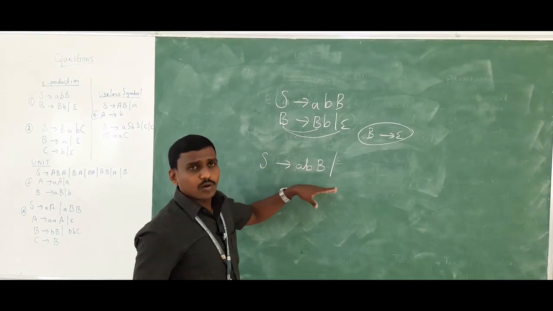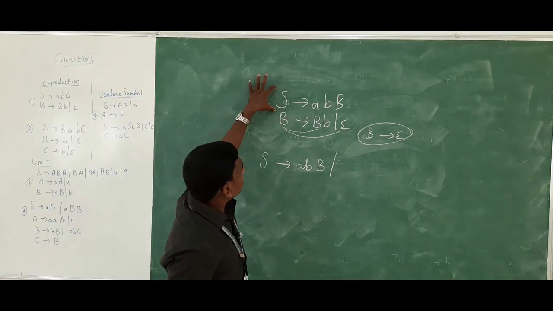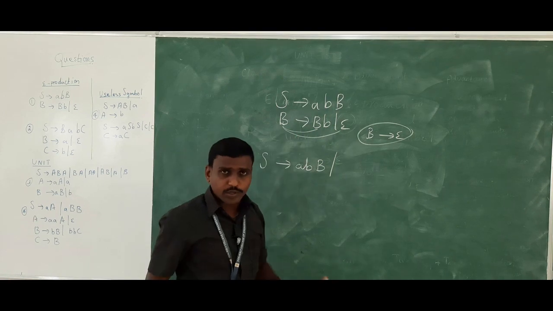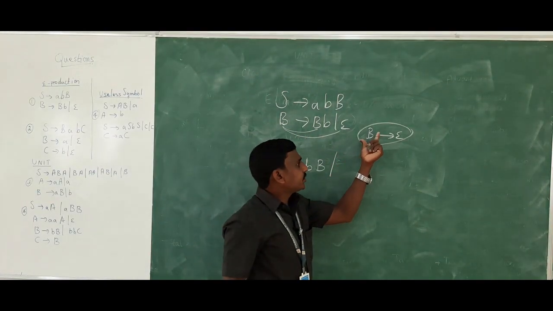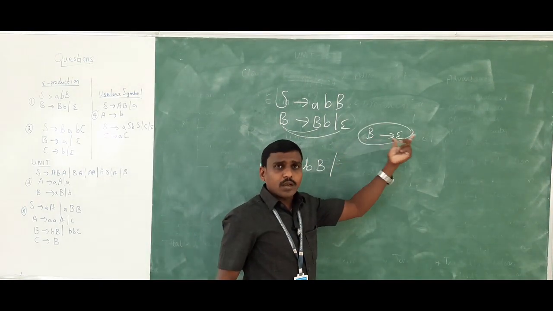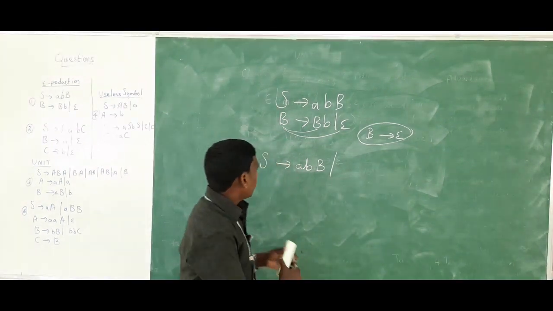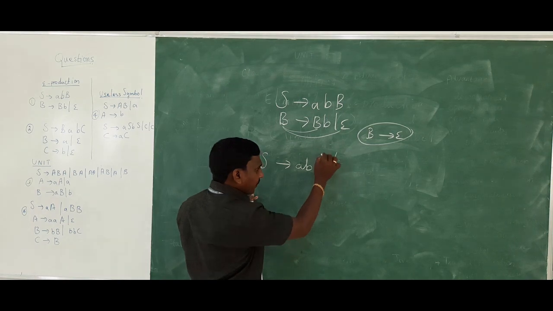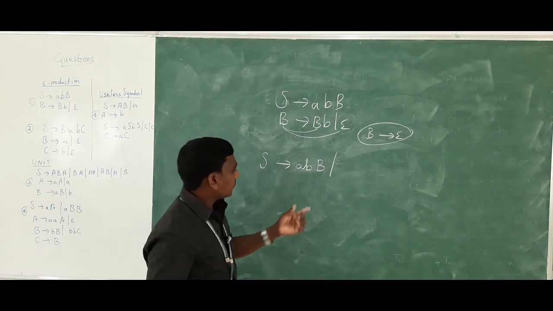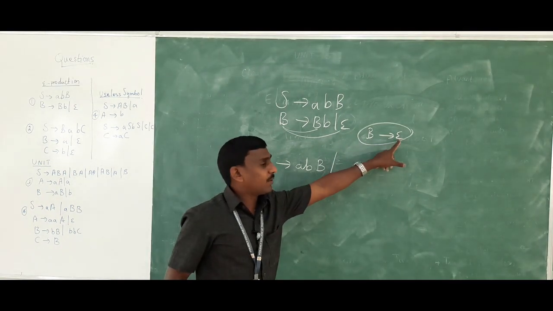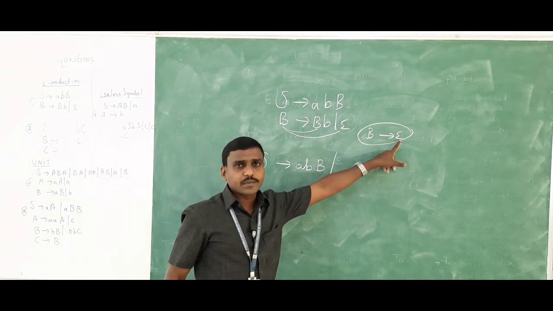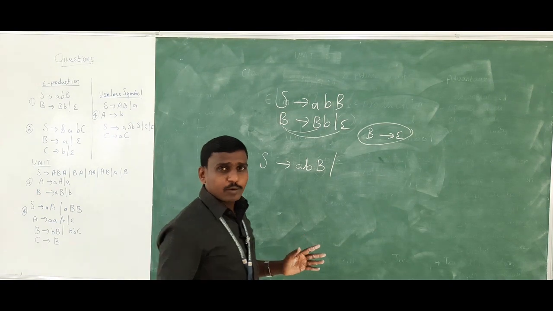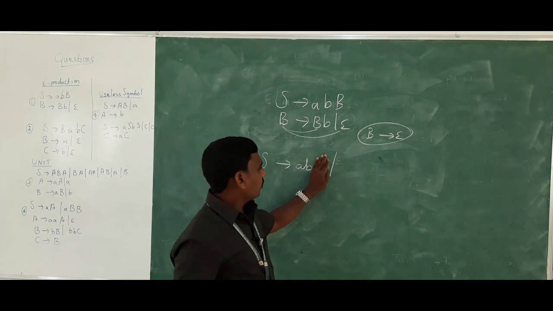So how to solve, eliminate epsilon production is, whatever the variable grammar they have given, you have to write. First S tends to ABB you have to write. Then you want to substitute B's variable as epsilon. Clear? See, I am having S tends to ABB. So here I have B variable. In the place of B I can substitute epsilon. Clear? It means, one simple technique, you hide the B.